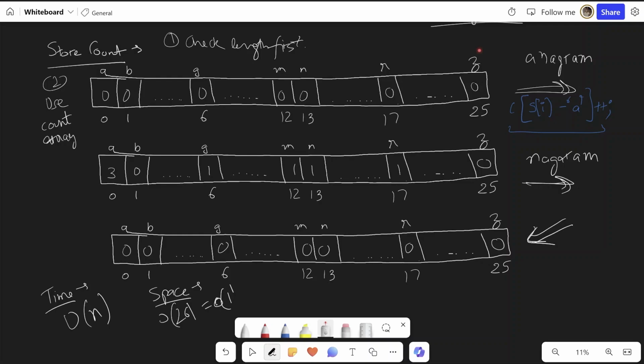Now what we do is go from left to right in this first word, which is anagram, and store the frequencies of each letter in this array. So in this count array, I take the letter which we are currently at. Let's say we are at A, and we subtract it with the letter A. What this will do is convert the letter to its particular index. So this is the conversion which we are doing.